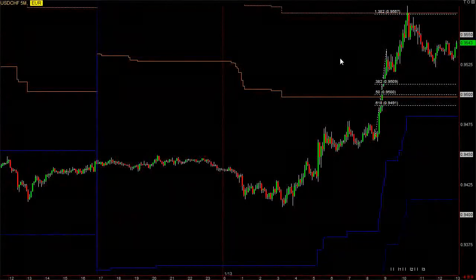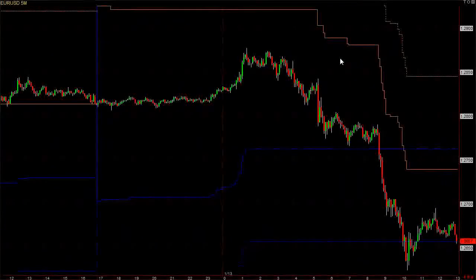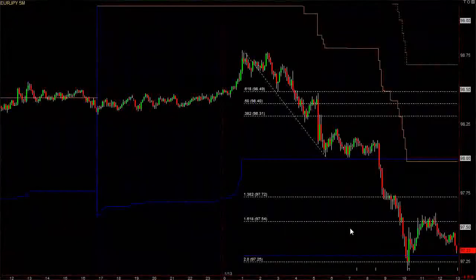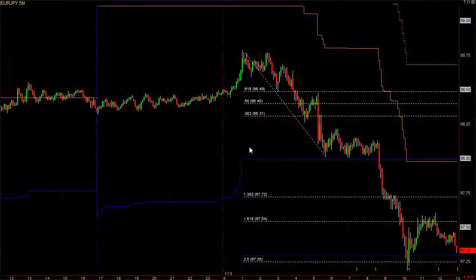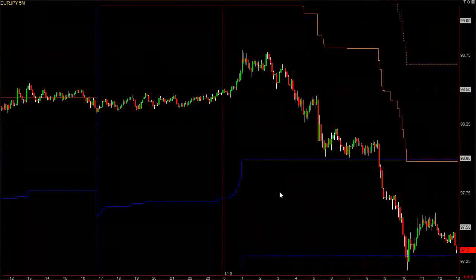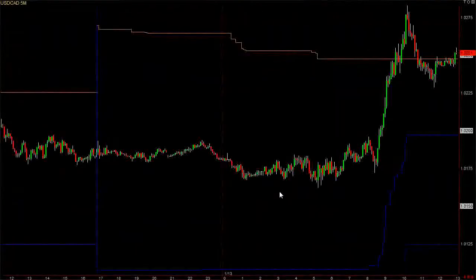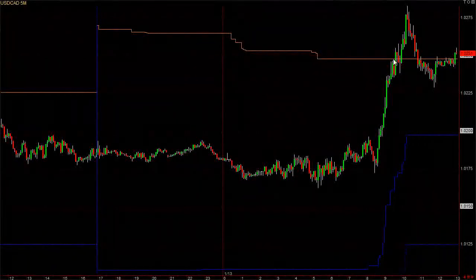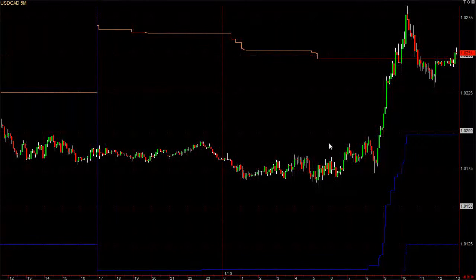Let me just show you that on some of the other currencies today. Notice the euro dollar, the 95% level, reversed. Euro yen, also the 95% level, it reversed. Let's look at the dollar CAD. This one went to the normal daily high, and it really kind of went sideways all day and then went